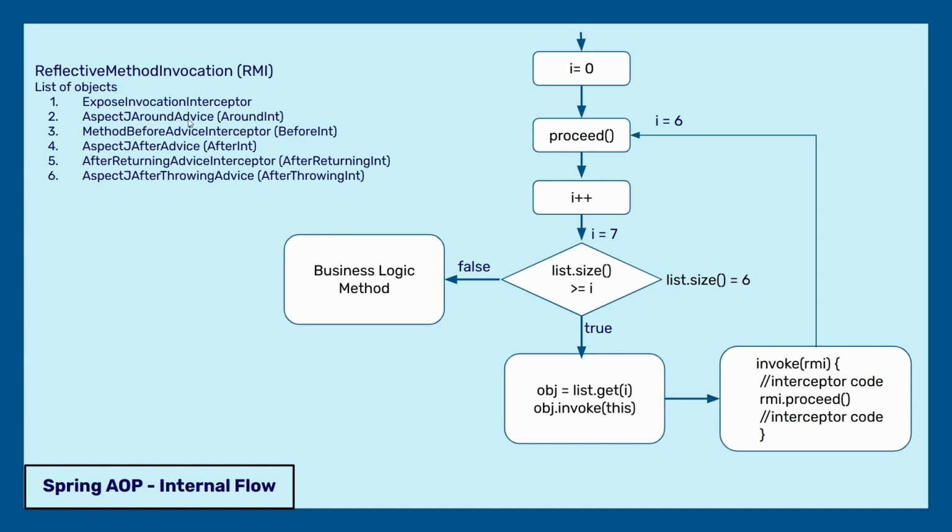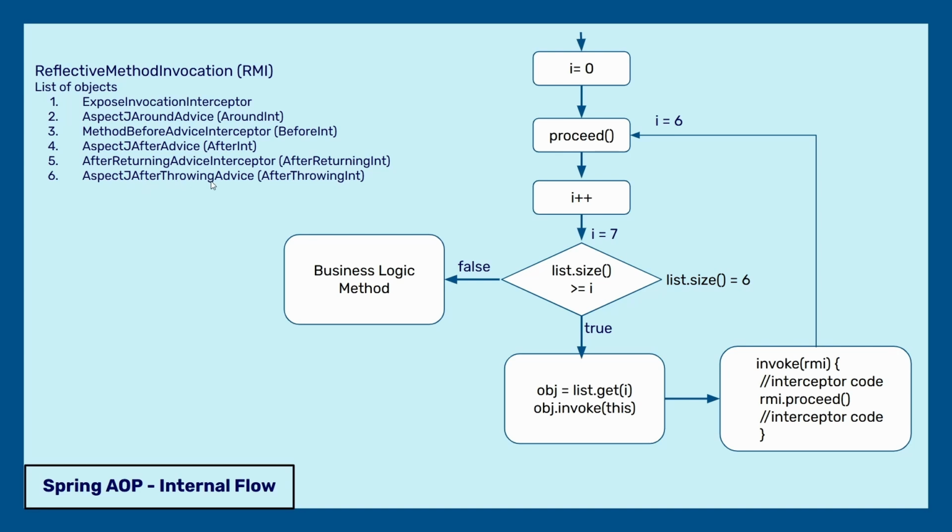The AspectJAroundAdvice class will call the around advice and let's call it around int for interceptor, and MethodBeforeAdviceInterceptor will invoke our before advice. Let's call this before int. AspectJAfterAdvice is responsible for after finally. So after int, after interceptor. AfterReturningAdviceInterceptor calls the after returning advice. Let's call it after returning int, and